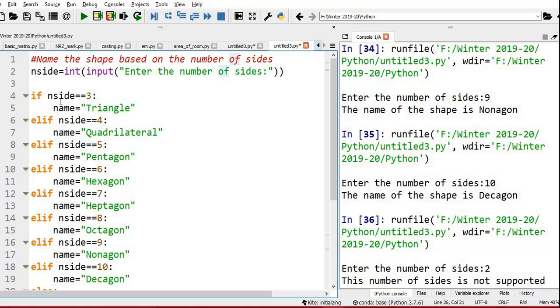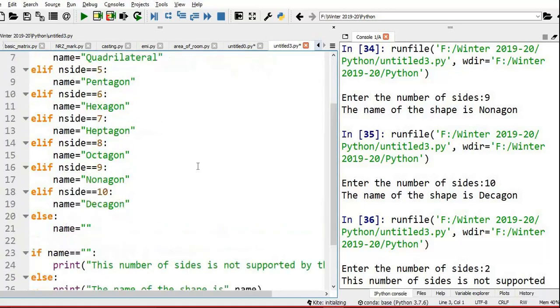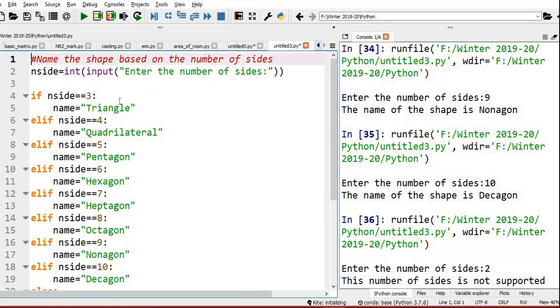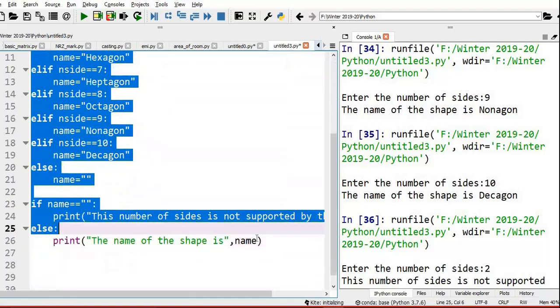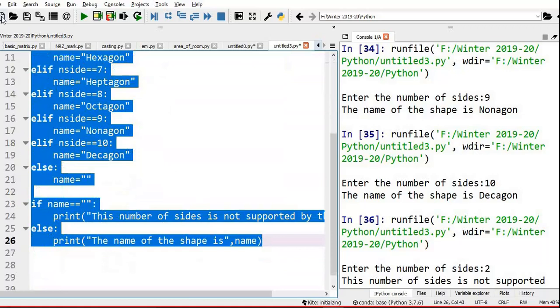Yeah, you are saying that here you want to introduce one more if statement. If n side is, yeah, this is another way. So what I will do, let me do that. I don't want to disturb this program.